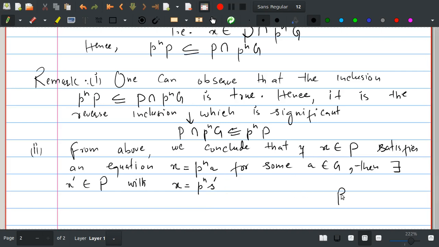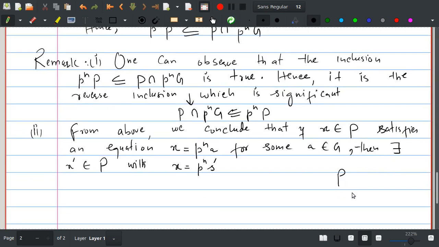So P is a pure subgroup if each of its elements, so if P is a pure subgroup, then each of its elements has the form p^n a, where a is in G. So if this element also has this representation p to the power n times x prime, where this x prime is in P, so if each element of P, now if this x is in P